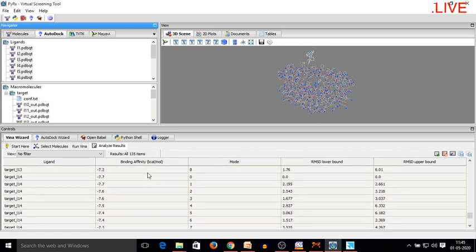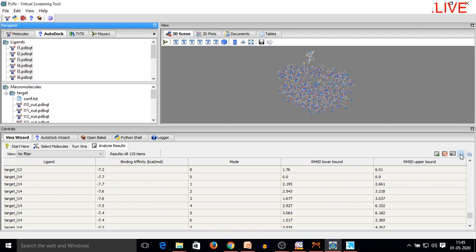export this result. So for this you can see 4 to 5 options present here, like insert item, delete current item, set user preferences, and save as comma separated values. Now this is .csv.